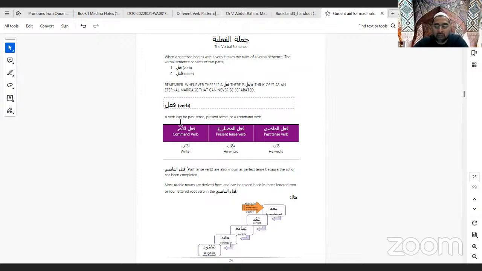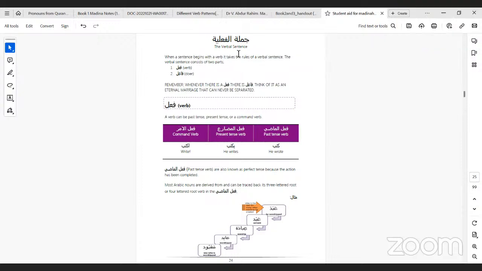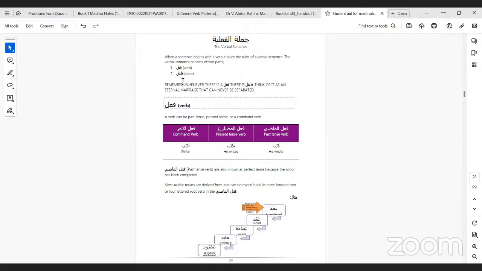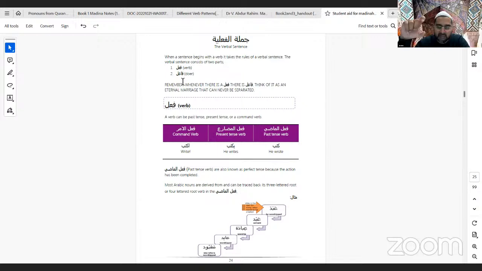Muhammad wrote a book. Kataba Muhammadun kitaban. Muhammad wrote a book. And then sometimes we can have kataba Muhammadun kitaban. Kataba Muhammadun kitaban. Kitaban. He wrote a book. So even the pronoun, every verb, they have a pronoun within it itself.